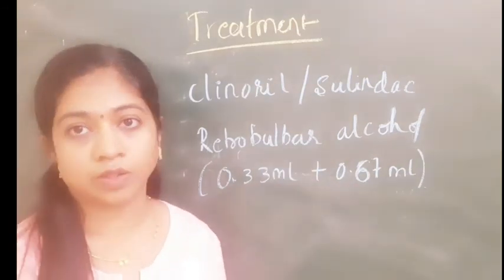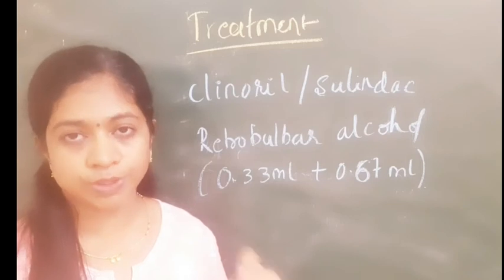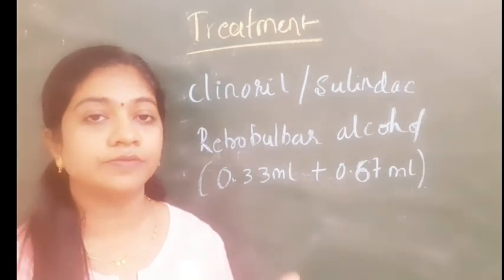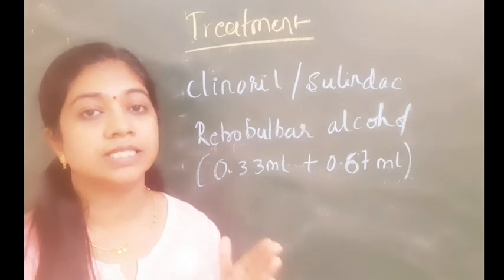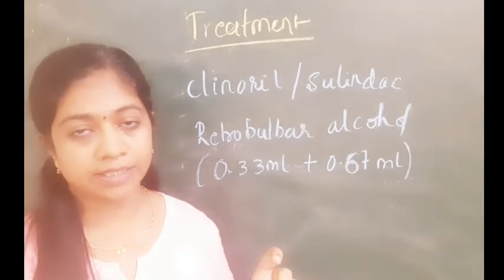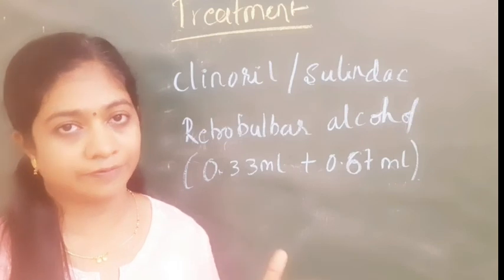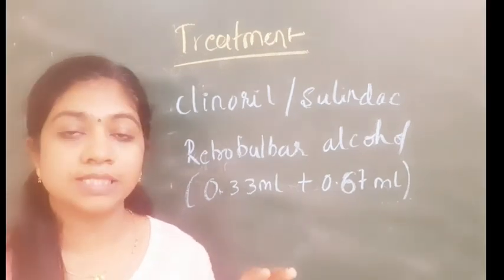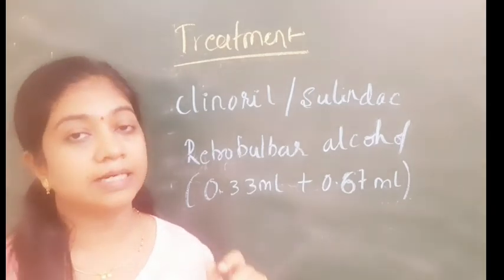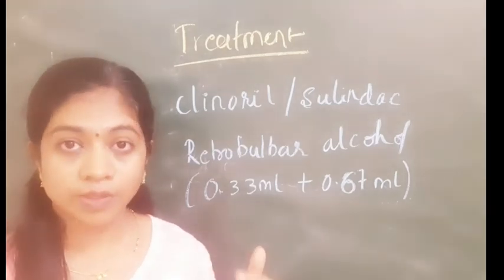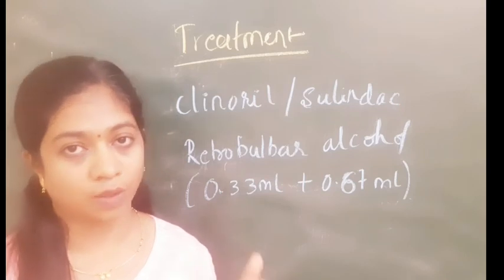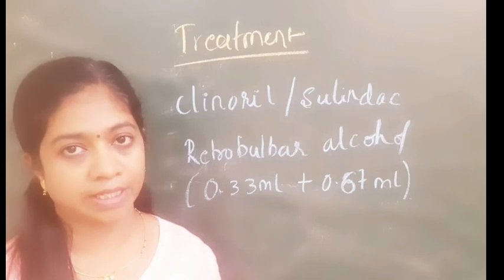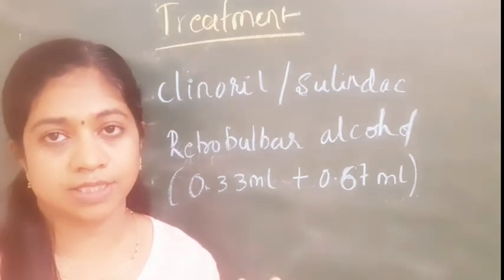You can also add the corticosteroids, but it should be used judiciously because it has the advantage of decreasing the severity of the sequelae of this acanthamoeba keratitis. At the same time, it will worsen the infection because it will lead to the excystment of the cyst. It means it will aid in rupture of this cyst and release of the trophozoite, and it will also help in the proliferation of the trophozoites which are already there. So because of these two reasons, the corticosteroids will worsen the acanthamoeba keratitis. So use the corticosteroids judiciously.